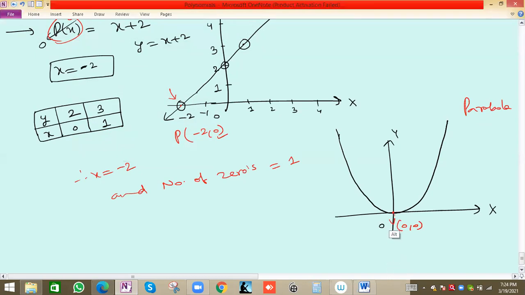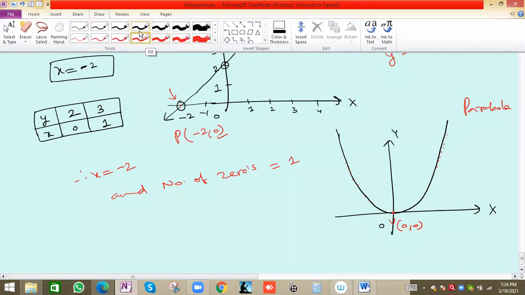See, below this point nothing is there. All other points lying on the parabola have a higher value than this point, so this is basically the minimum. So this is the vertex. Now the standard equation: it is opening in the upward direction, and opening with respect to the y-axis. The y-axis is the symmetrical axis. Opening in y, the equation will be y = x².